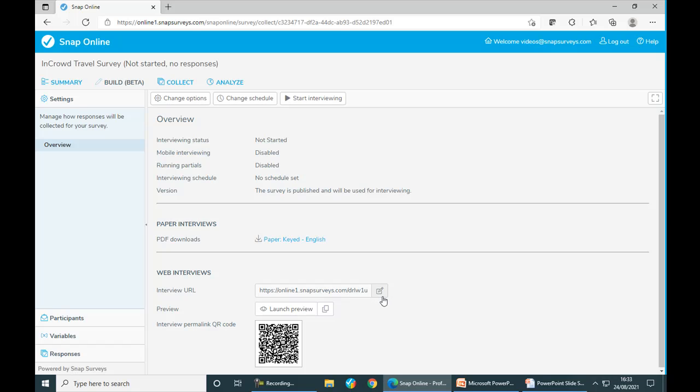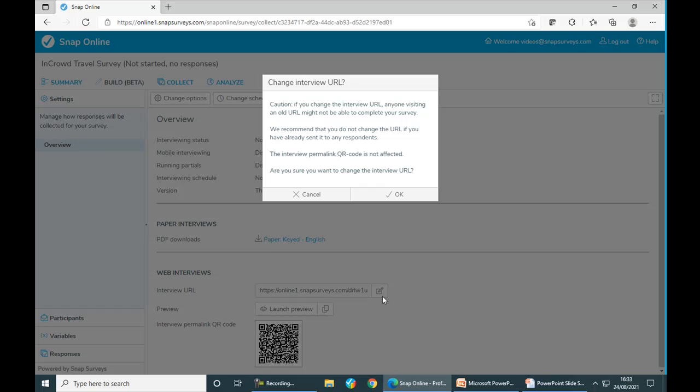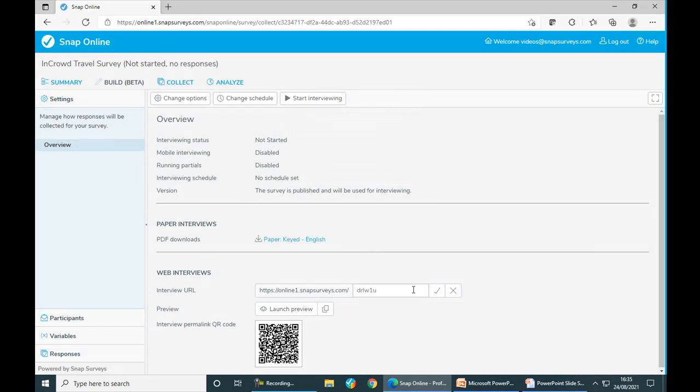If I click on the Edit URL icon, there's a quick advisory message telling me that if I have previously edited this URL, that will no longer be valid. The QR code I mentioned earlier though will continue to work, so you don't need to worry about reissuing that. So I'll click OK to that, and then we can go ahead and change the end of the URL to